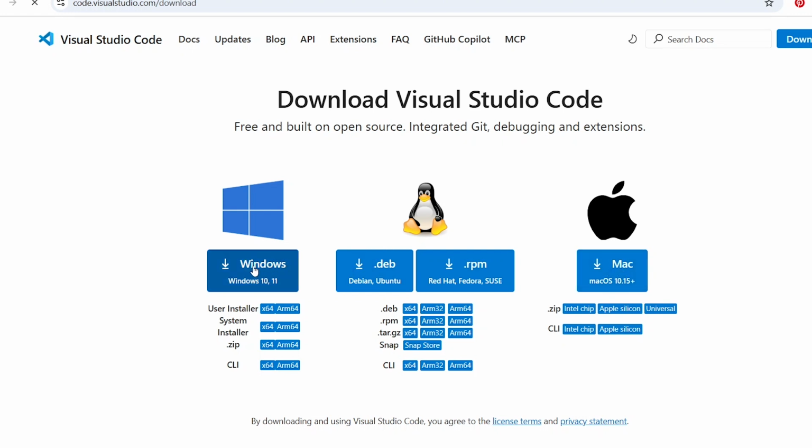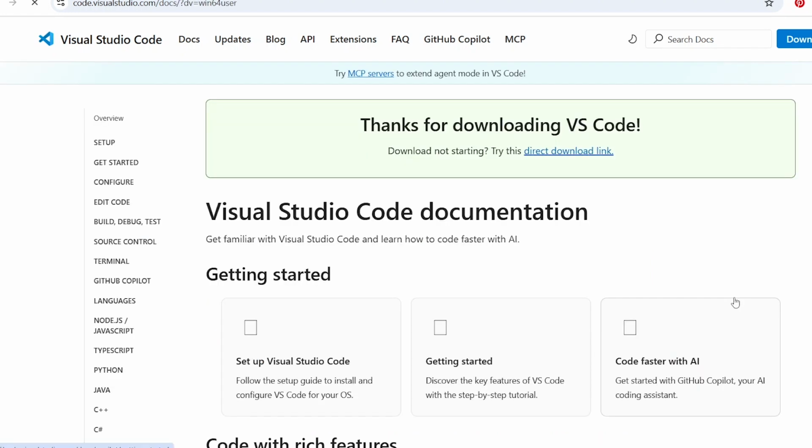So I'm going to click here to initiate the download. So I think it is downloading. So we're already seeing thank you for downloading Visual Studio Code. So we're going to wait for the download to complete. Then we'll go ahead and install Visual Studio Code.